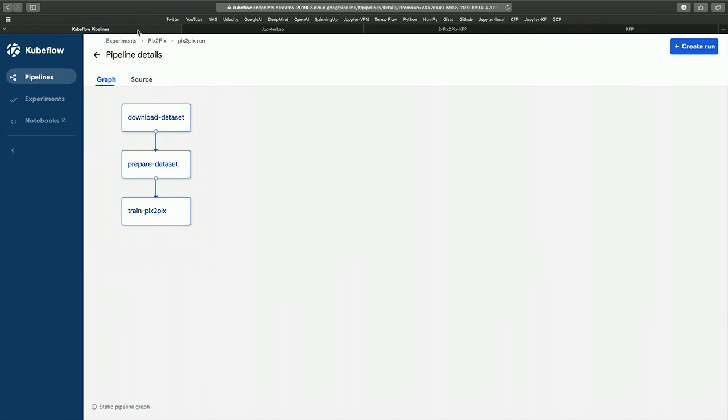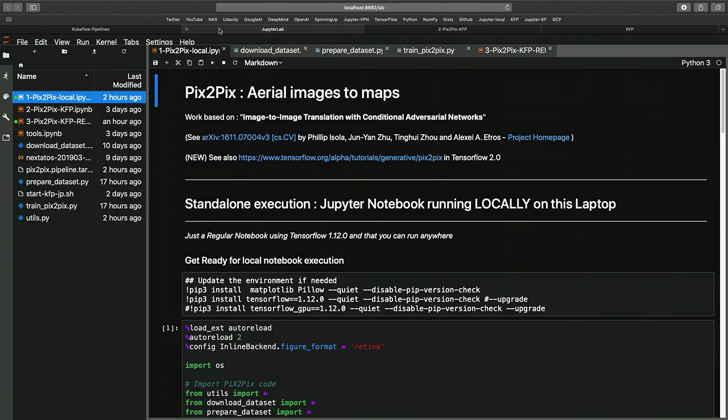So here, these 3 tasks are defined in dedicated Python functions, and each of these functions has a separate Python file for convenience. So let's move to the code. JupyterLab is running locally on a MacBook. So this notebook,